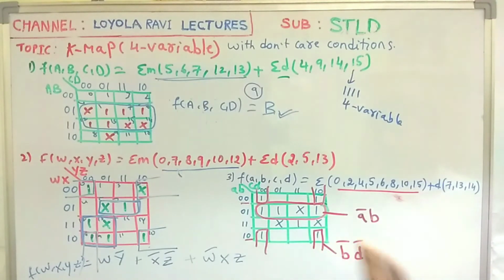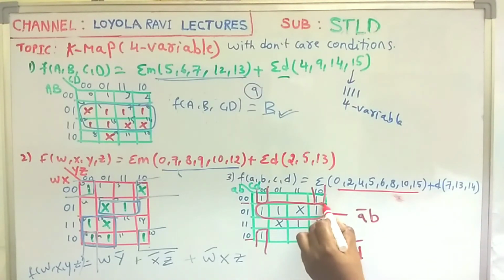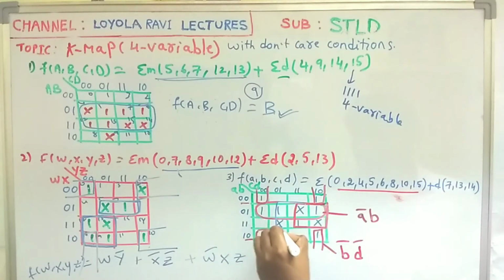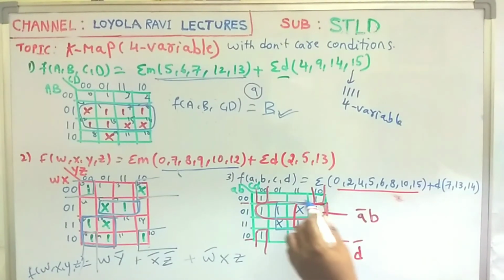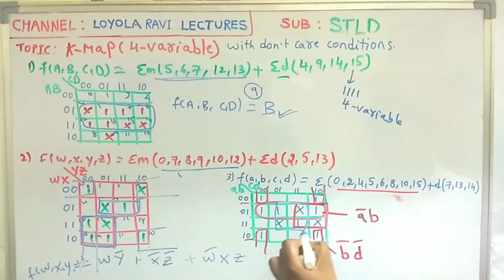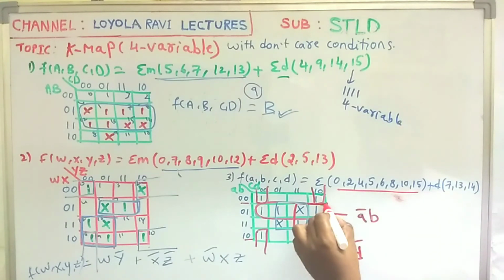Here we have two possibilities for quad, whether you may take like this or you may take like this quad or this quad. Anyone you can take, no problem. If you take this quad, then you will get another expression. If you take this quad, you will get another expression. No problem, both are correct. If you have any other method, that is also correct. But here our intention is to cover this one. Let us take, I am taking here the last quad.